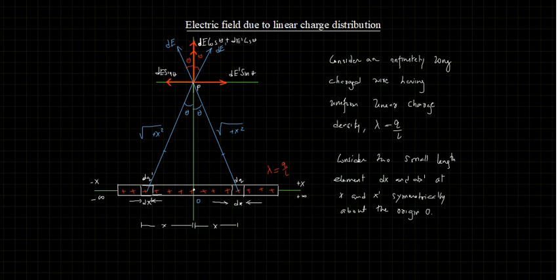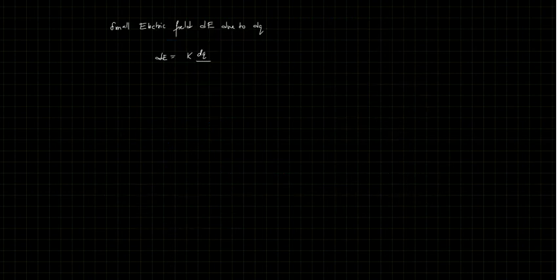So this is y square plus x square, and this equals r. So here we can write k dq by r square, or we can write k dq by y square plus x square. But the charge density is uniform, as lambda equals q by L,